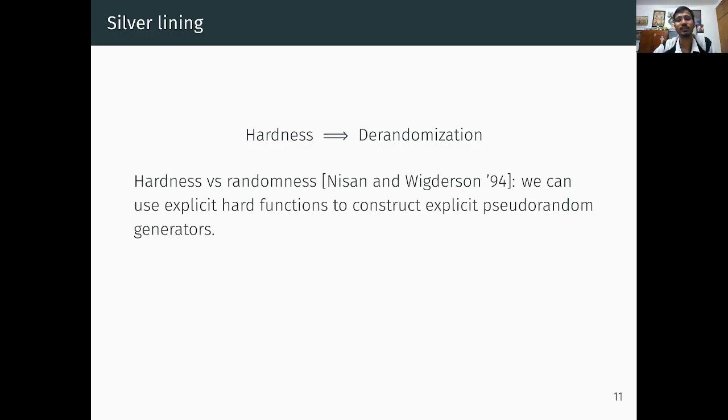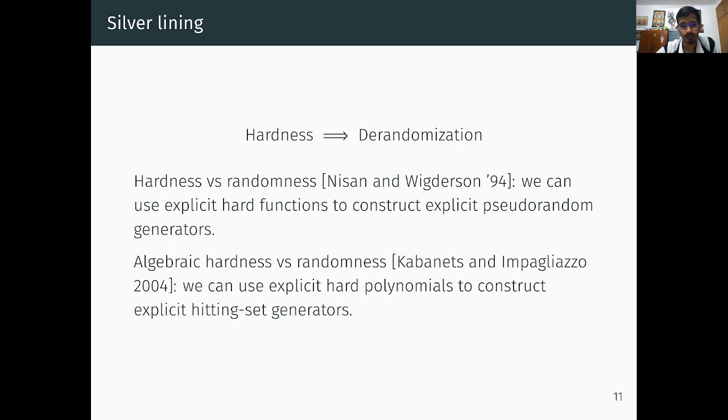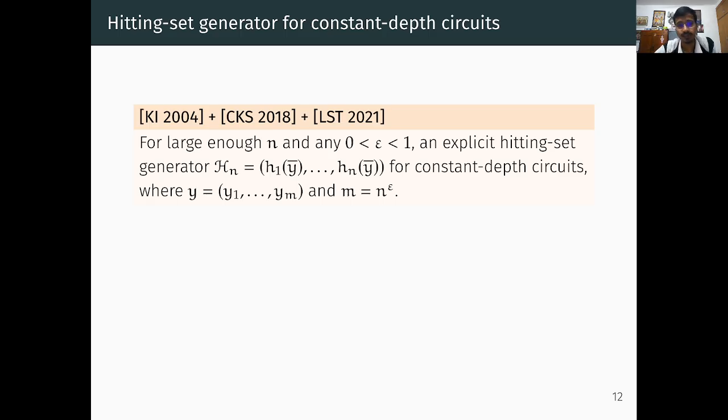So Nisan and Wigderson in their landmark paper Hardness versus Randomness showed that you can use explicit hard functions to construct explicit pseudo-random generators. Similarly, Kabanets and Impagliazzo in their algebraic hardness versus randomness paper showed that you can use explicit hard polynomials to construct explicit hitting set generators. And when you take this result of Kabanets and Impagliazzo and use another structural result of Chou, Kumar and Solomon along with the lower bounds of Limaye, Srinivasan and Tavenas, you get the following unconditional explicit hitting set generator for constant